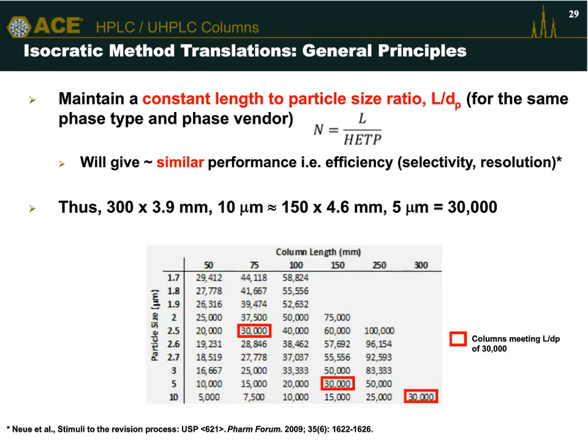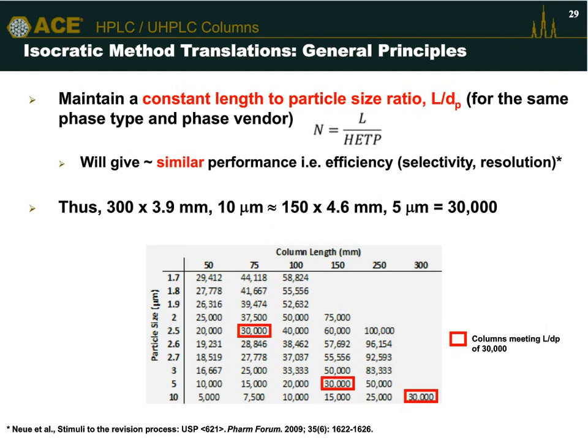And if we look at the grid for L over DP ratios, I've constructed this grid here where we've got column lengths along the top and we've got particle size going down the side. And you can see I've calculated the different values and I've highlighted there 30,000. So you can see the 300 by 10 micron particle combination. And then we can see the 150 by 4.6, well, 150 and 5 micron column combination and the 75 by